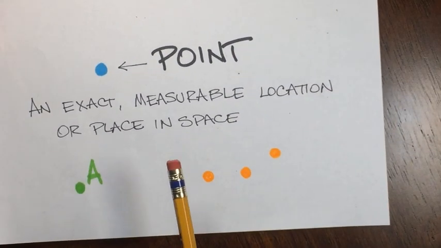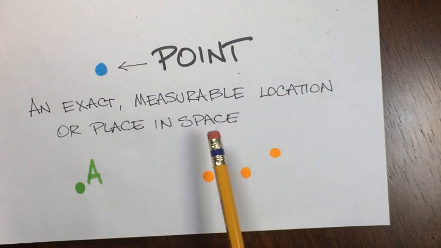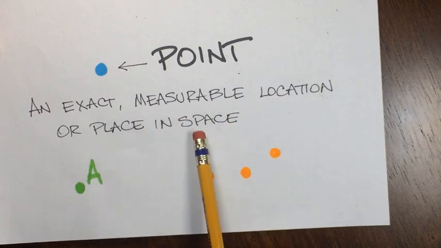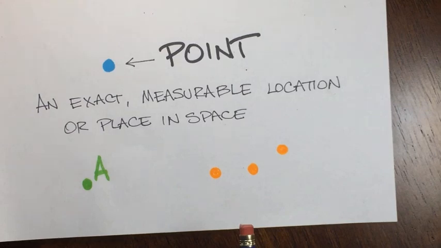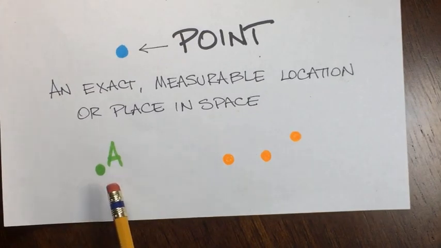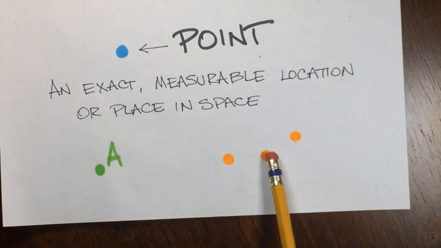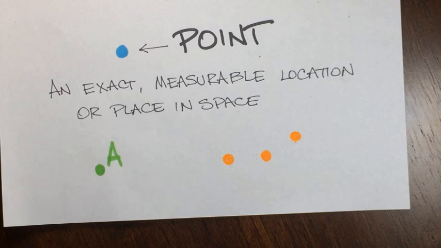They wanted to measure things, so they started with a point. A point is an exact measurable location of a place or space. And points are often named like this. This is point A, and we have some different points here. You can see that once you have different points, you can measure between them. You can connect them to make angles. A lot of things you can do with points. So we start with a point,